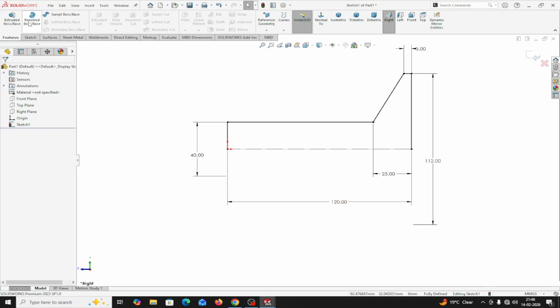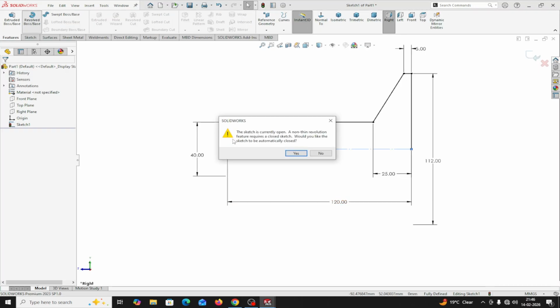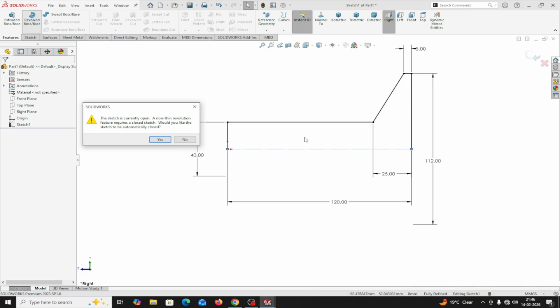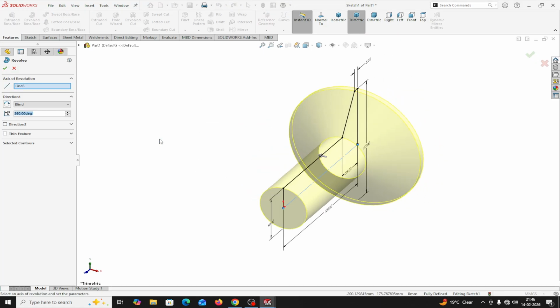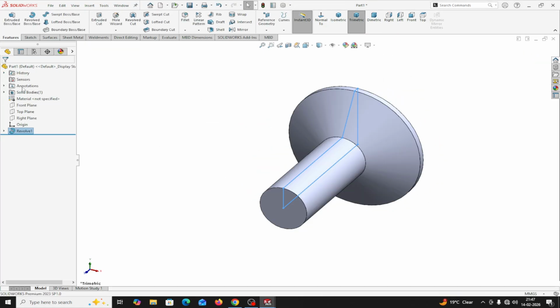Now, Revolved Boss/Base. Now this warning comes: the sketch is currently open. Of course, because of this construction line, this sketch is open. Would you like the sketch to be closed automatically? Yes, I want to close automatically. This way it comes here. Okay. Now